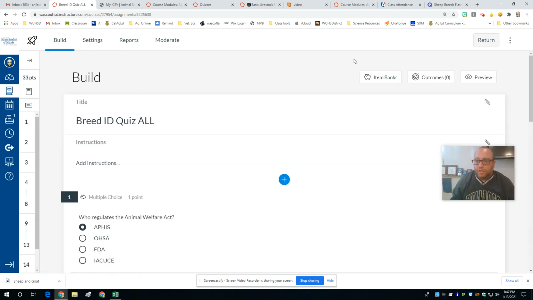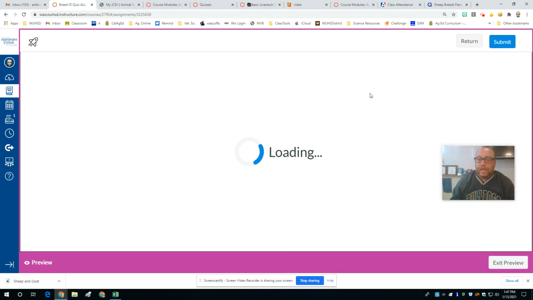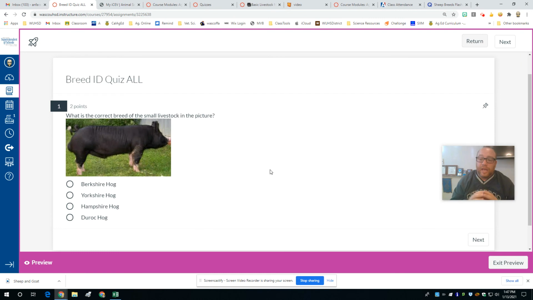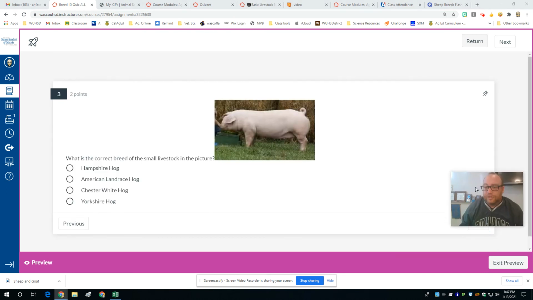When I want to launch this for students, before I do, I always preview. And preview does take a minute. So I'm going to pause myself while the preview, oh, never mind. It loaded real fast. So in preview mode, when you have it as one question, students are presented one question at a time. If you have directions, it'll show the title and directions first, and then the student will click next. And then they would go next, next, next, all the way